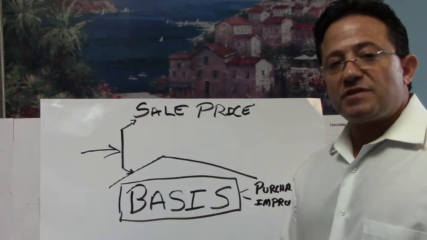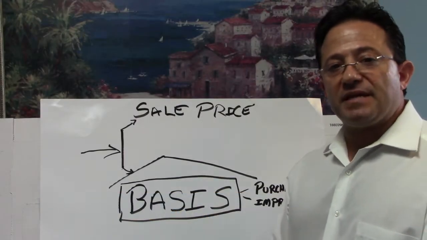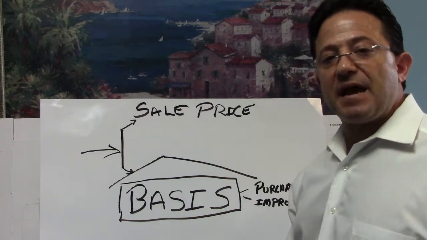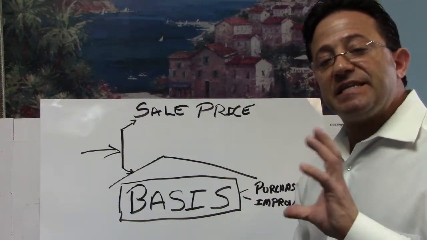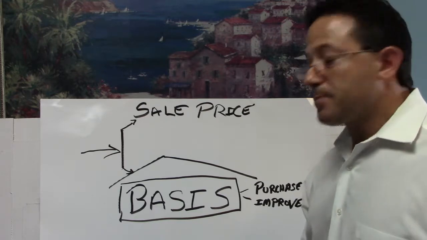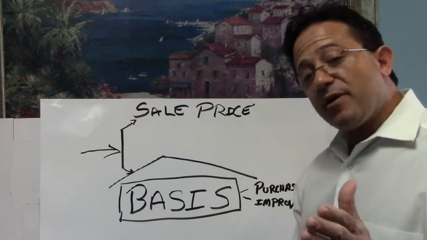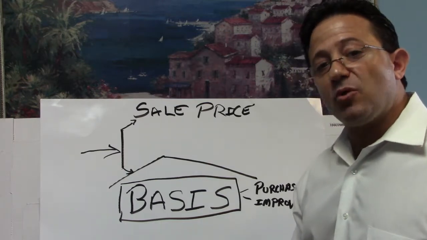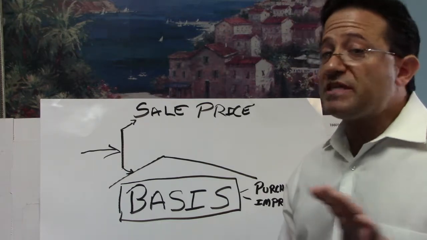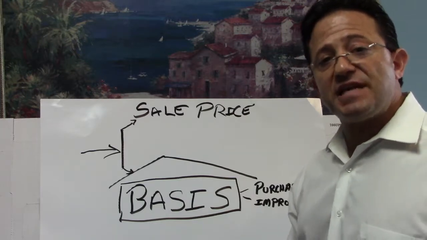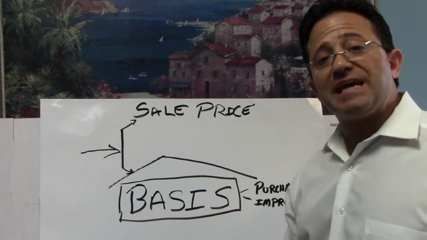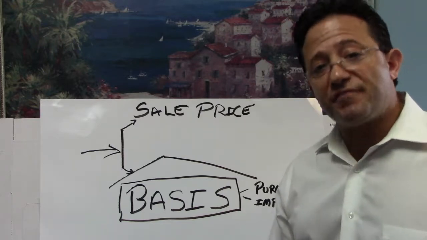Good afternoon, folks. Today what we're going to be discussing is capital gains. When you first have to understand the whole idea of capital gains tax, you've got to understand some basic concepts. Now we're talking about the sale of your home. First off, when you have investment property or rental property, there is always an issue of capital gains. And for investors that have that type of property, there is the possibility of doing a 1031 exchange. That's a whole different animal, folks.